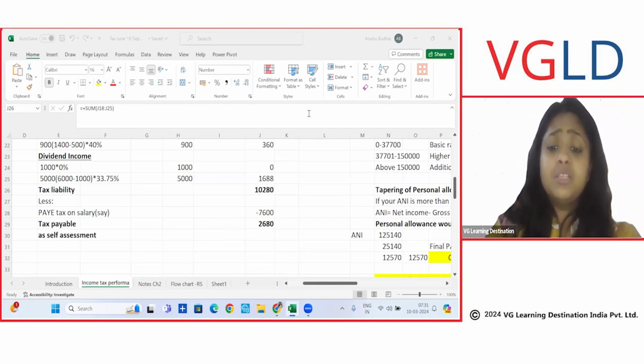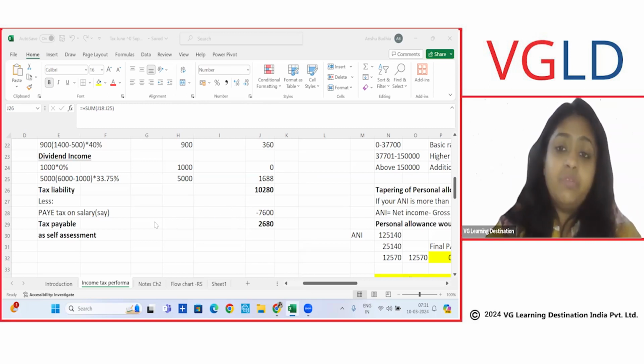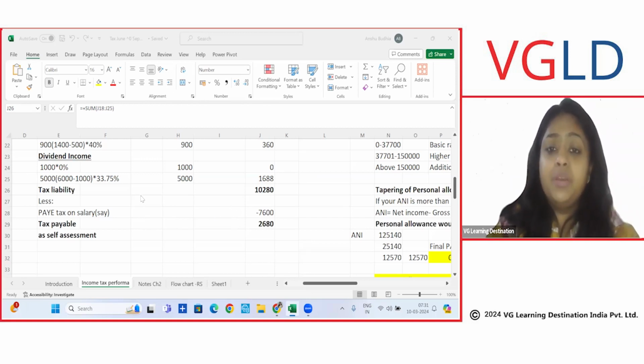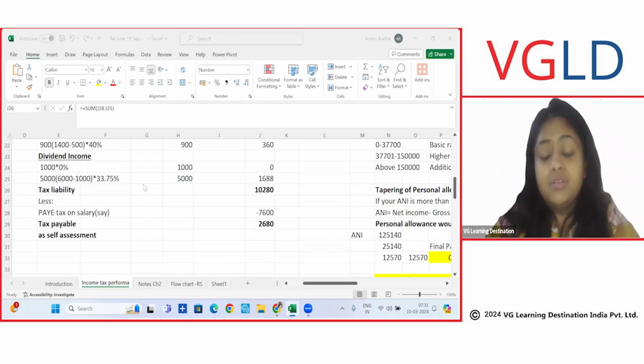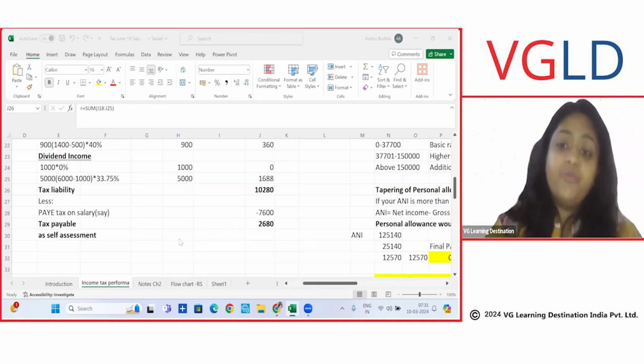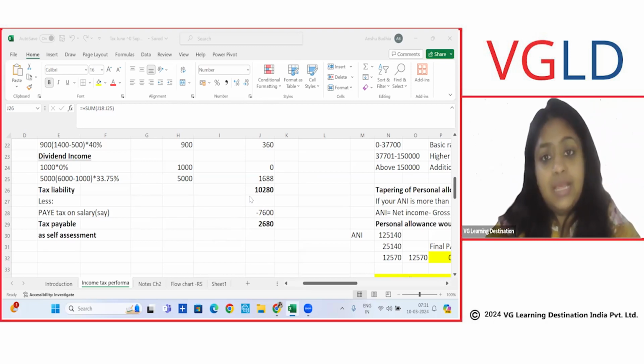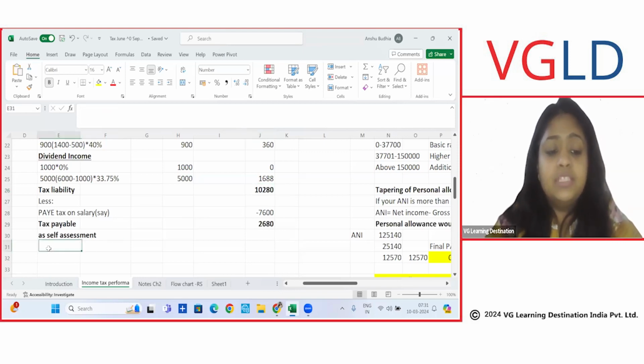Makes sense? Because we are calculating income tax on entire employment income, and on the other hand, employment income is already covered for TDS or PAYE. So when we've already paid PAYE on the employment income, why do we need to pay tax again on the same income? Therefore, when you calculate the total tax liability, we reduce any PAYE deducted on employment income so far, and the balance tax becomes payable under self-assessment. This tax will be payable on 31st January